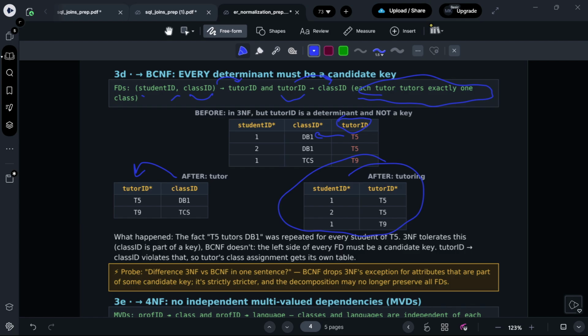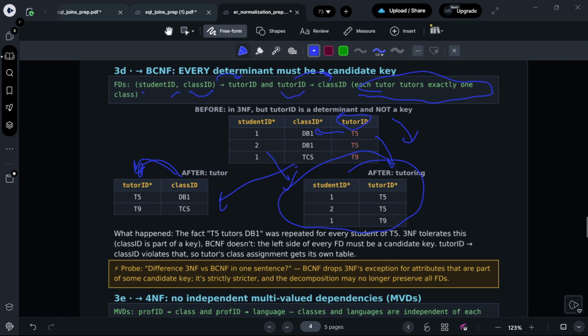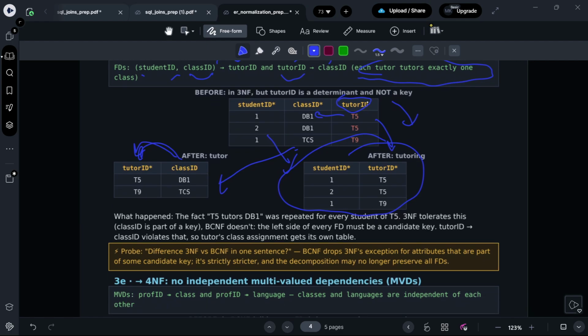So the tutor's class assignment gets its own table. We make a new table called tutoring, and we say okay, student ID is here and tutor ID is here, and class ID gets its own table where it then goes to tutor ID, like this, because tutor ID is a determinant, it's not a key. And if it's not a key,